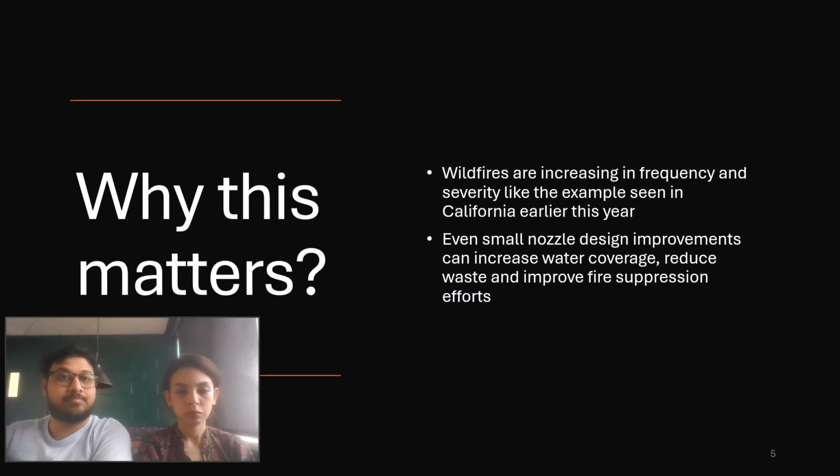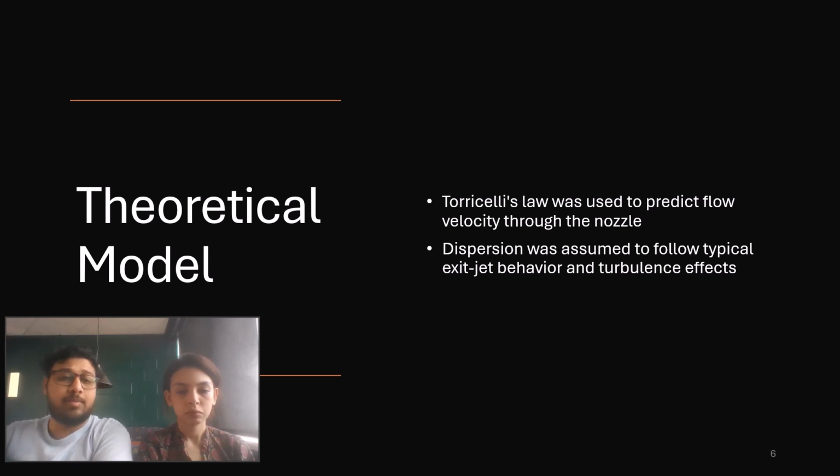suppression very difficult. So our theoretical model was based on Torricelli's law that was used to predict flow velocity through the nozzle. This helped us understand basically what our flow through our nozzle could be like and helped us size our test setup. Because if our test setup was too small, we wouldn't have enough steady state data to understand how the nozzle behaved. And if our test setup was too big, we would waste a lot of time conducting